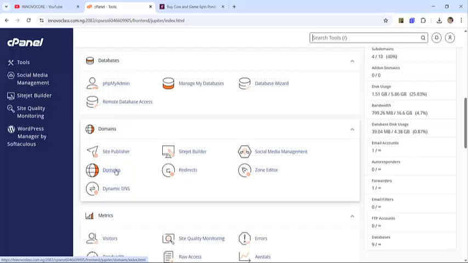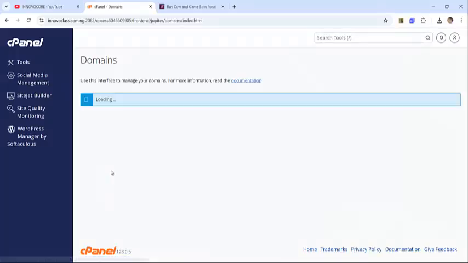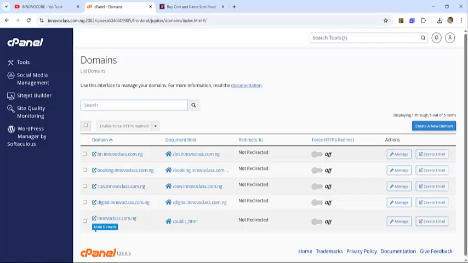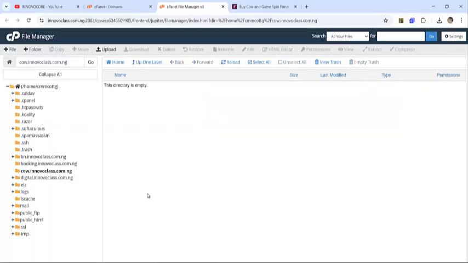So once you get that, you're going to click on this domain area. Clicking on this domain area, you are going to see your main domain, which is going to be tagged under your domain URL. So over here, if you want to install it on your own fresh and new domain, you're going to do that on this public_html. Now, I created a subdomain for this tutorial, so I'm going to use this subdomain, which is cow.innovoclass.com.ng. So I'm going to click on this home button, this document root. I'm going to click on it. So clicking on it is going to show me an